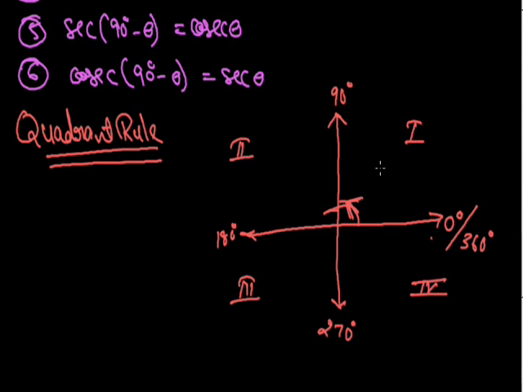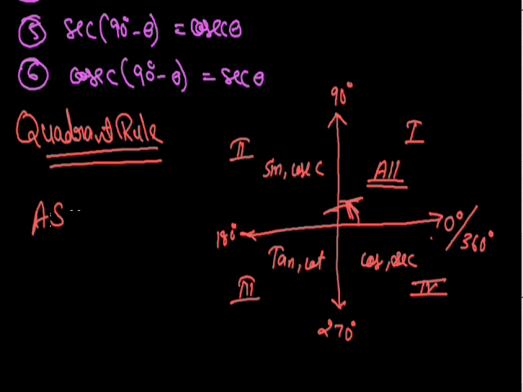So from here we have that in the first quadrant, between 0 to 90 degrees, as we have seen in the trigonometric table, all trigonometric ratios are positive. Now if we are talking about an angle between 90 degrees to 180 degrees, then only sine and cosec will be positive in this quadrant. In the third quadrant, that is for the angle 180 degrees to 270 degrees, we have tan and cot positive. Then in the last quadrant we have cos and sec positive.